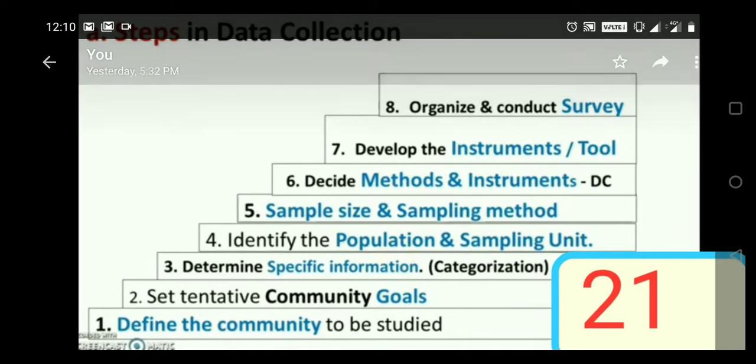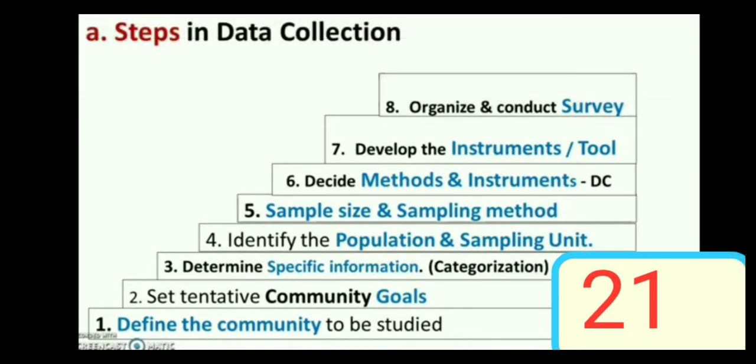Next is the steps in data collection. There are 8 steps. First, define the community to be studied. Second, set tentative community goals. Third, determine specific information, that is, categorizing. Fourth, identify the population and sampling unit.